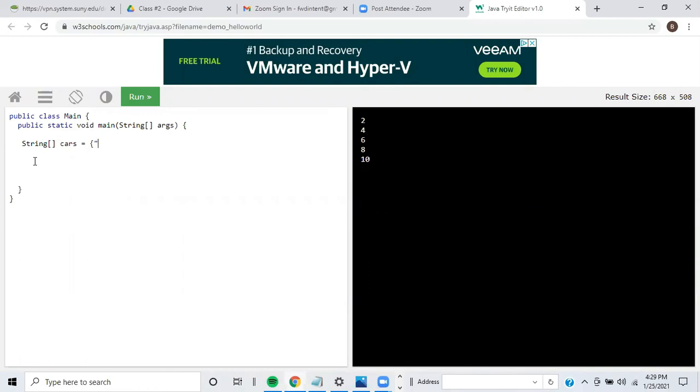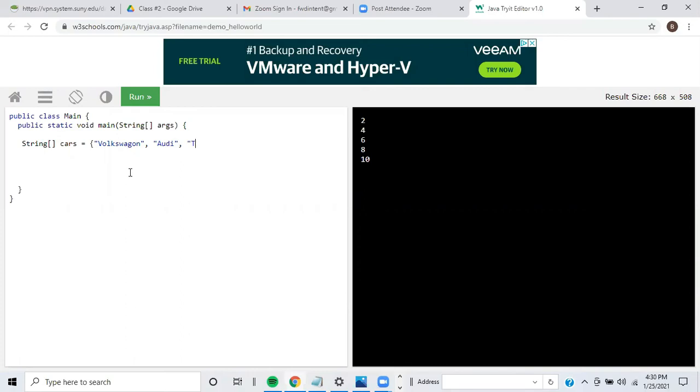I'll use double quotes, and let's say, how about Volkswagen, double quotes, and these items inside of a list are separated with commas. So I'll put a comma after Volkswagen, and then my next one will be Audi,